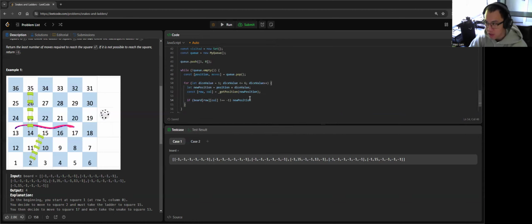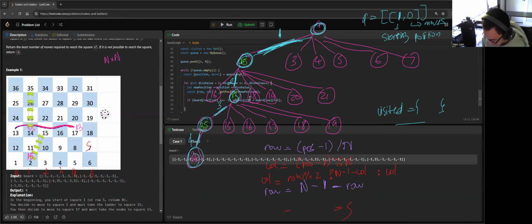So we can set the new position equal to the board at the row and column. If you remember, here, this part, we are starting at position 1. We can try every different dice value, and if the value at this position is not -1, which means we can jump directly to it,